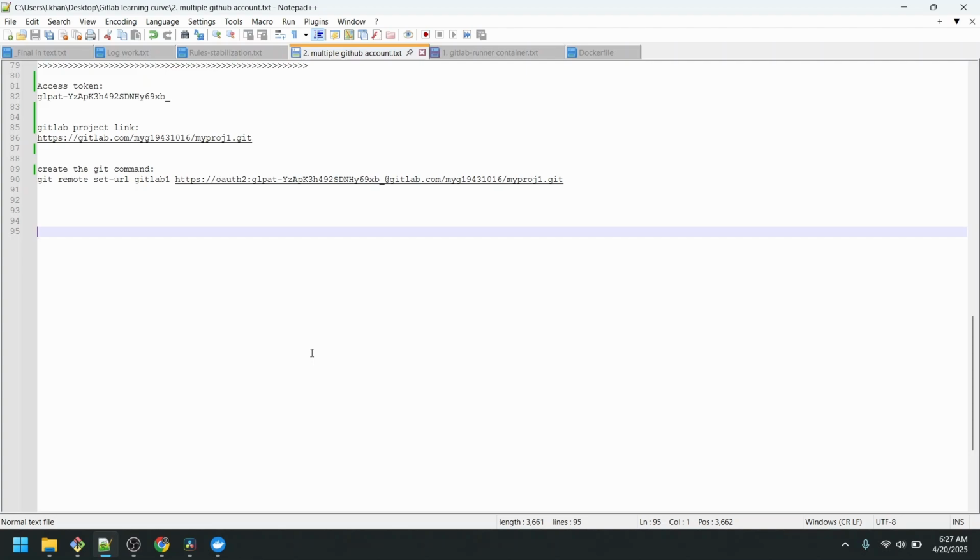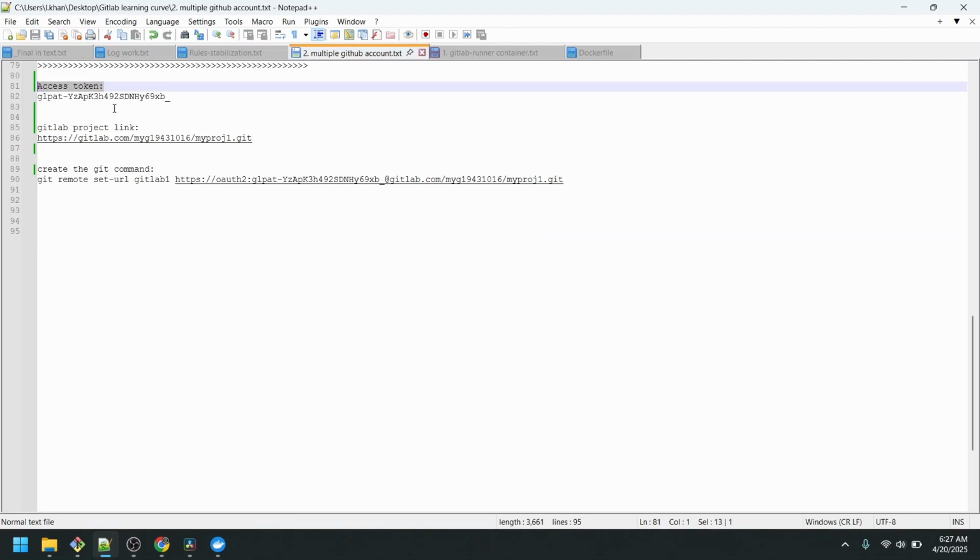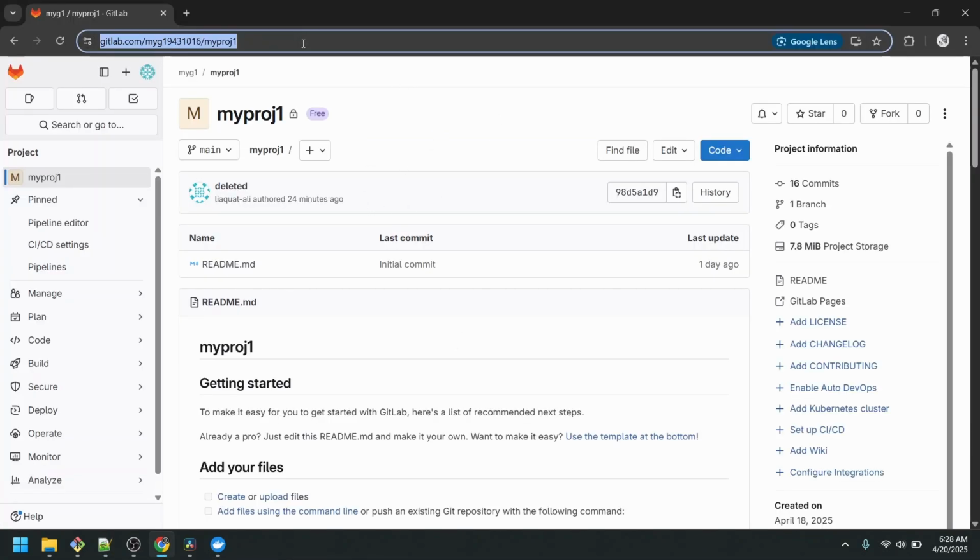Okay, I have multiple GitHub accounts on my local PC because I work on multiple projects. So I found an easier way to switch between the GitHub accounts. So here is the process. First, I need the access token from the GitHub account, or in this case I will take it from the GitLab account, and then I'll need the GitHub or GitLab project link. As you can see, the link at the top of the page,